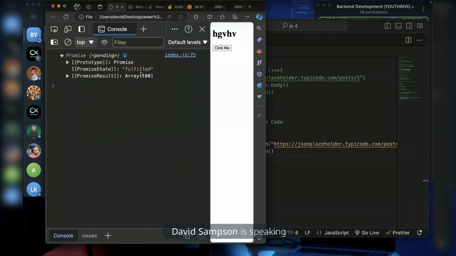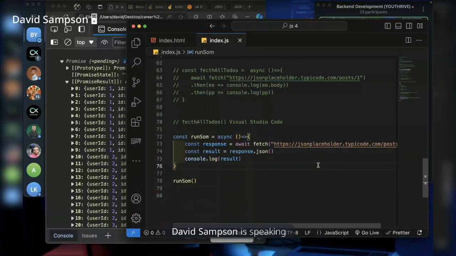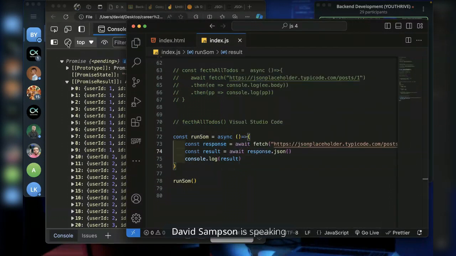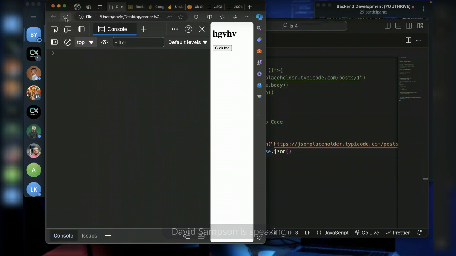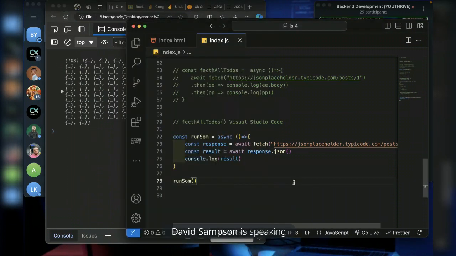So we get the promise pending, and then the promise fulfilled, and then we have all of this. And that is because I'm supposed to add a wait. So let me see if I have to wait for this also. I refresh this. Yes, I have to wait.